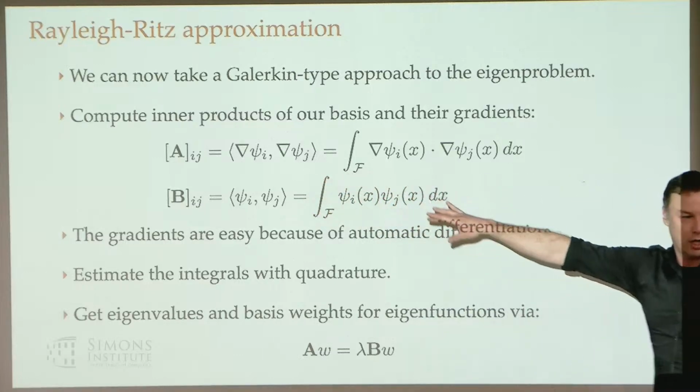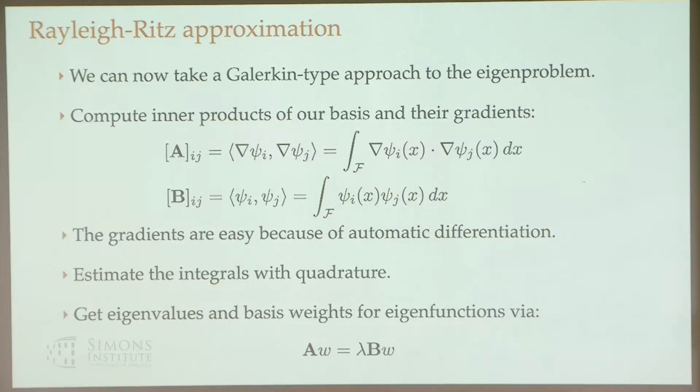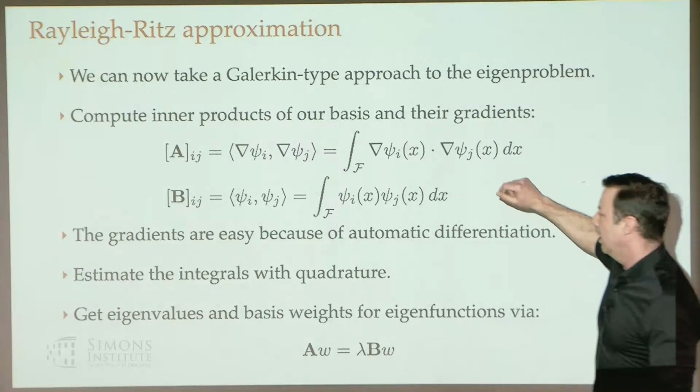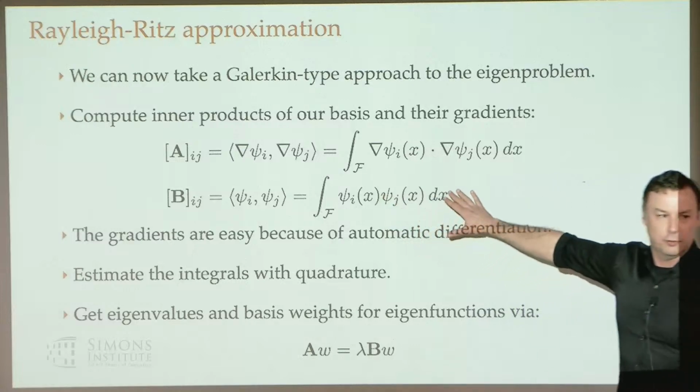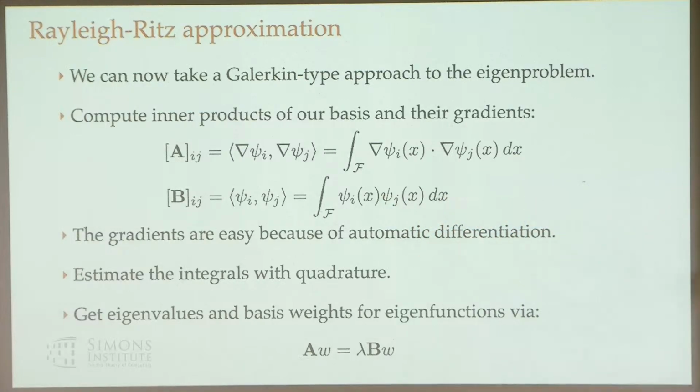I basically just have to compute two kinds of inner products: the inner products of the basis functions, here operating in R2 or R3, and then also the inner product of just their gradients. No second derivatives to be found. And here, this is just like Green's theorem, by the way. I'm not doing anything fancy. And I get a generalized eigenvalue problem that I can solve. So it's only one derivative, and I can use JAX, right? I can just differentiate through my orbifold into that basis set to get these two guys.